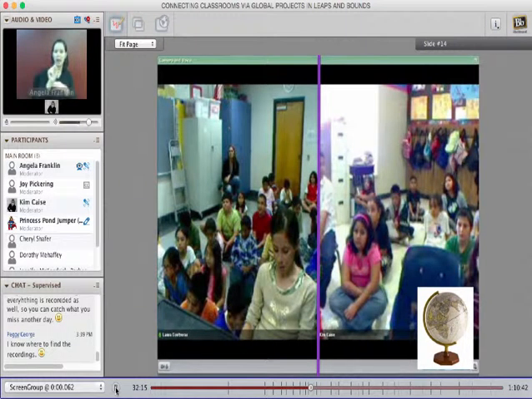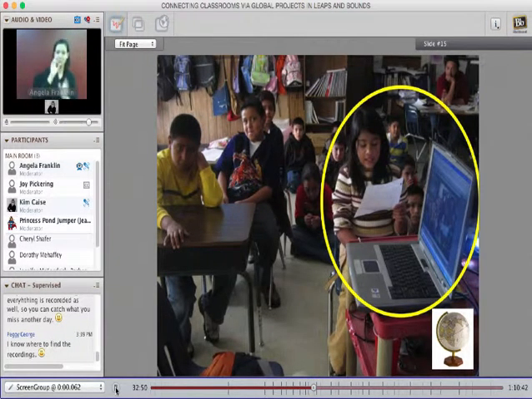What we did was we were preparing for the TAKS test. At the time it was TAKS, now it's STAAR. It was the 4th grade writing test coming up. So we had the students write a composition and share different parts of it with another classroom. And we used Adobe Connect at the time and did a split screen so that our students could see, and we could see one another, at the same time that the student in the author's chair was reading their composition.